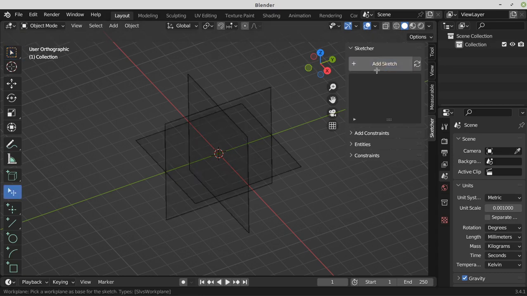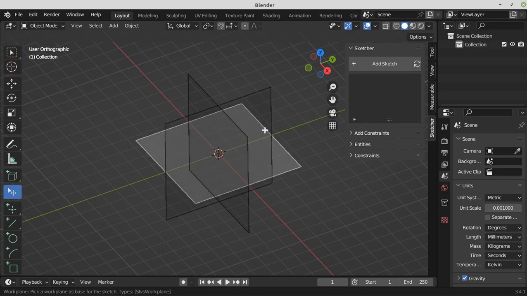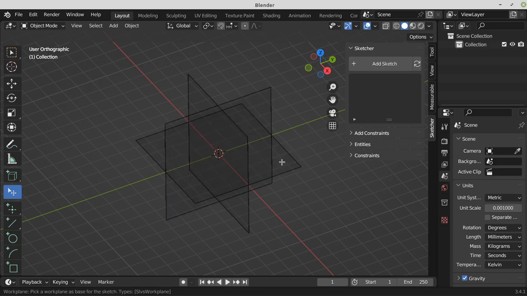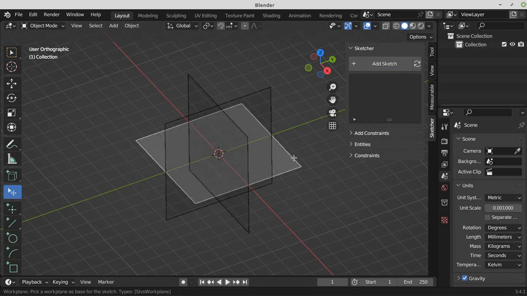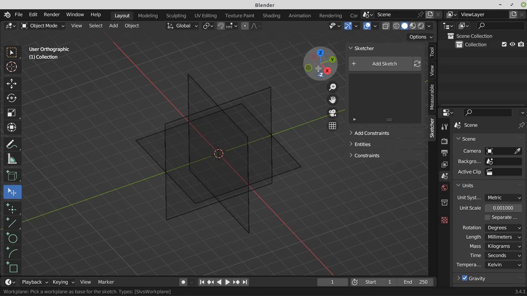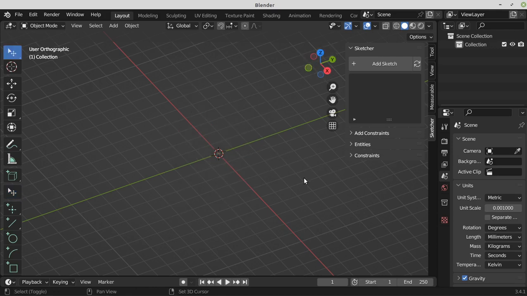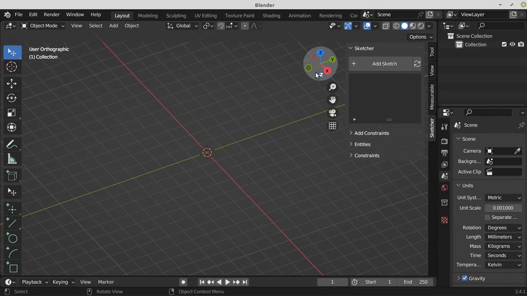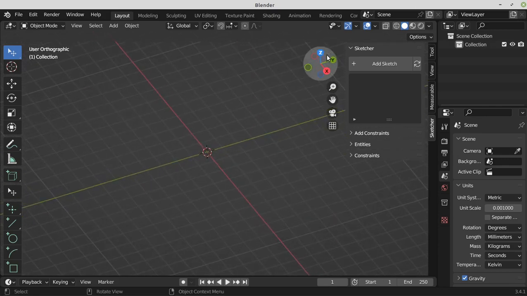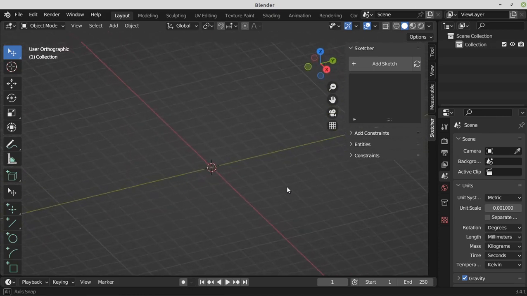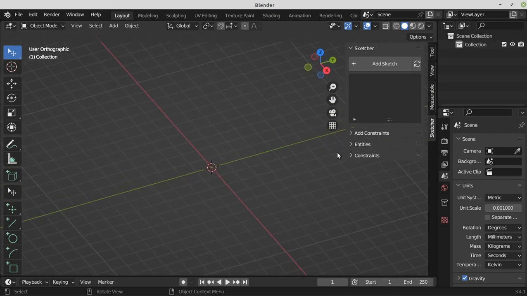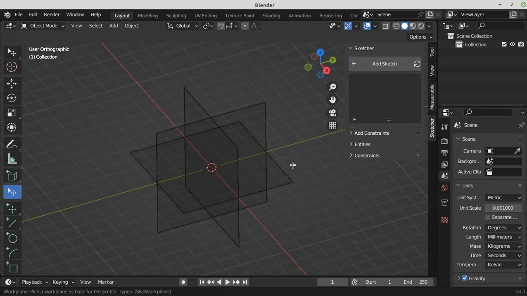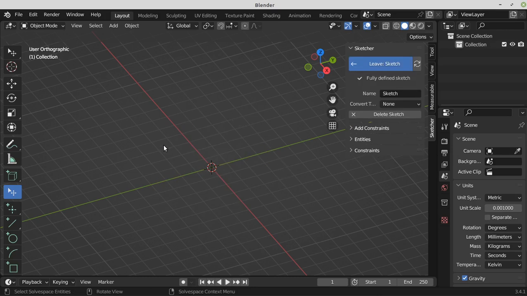Add sketch. Select your plane. Notice how it looks white when you hover over it. In the middle it doesn't, but towards the edge it turns white. When you see it turn white on this axis, and again, you can always rotate by dragging this area, or you can hold the shift key and the mouse wheel. I'm sorry, if you click on the mouse wheel, it rotates. So add sketch, click on this one for the floor,